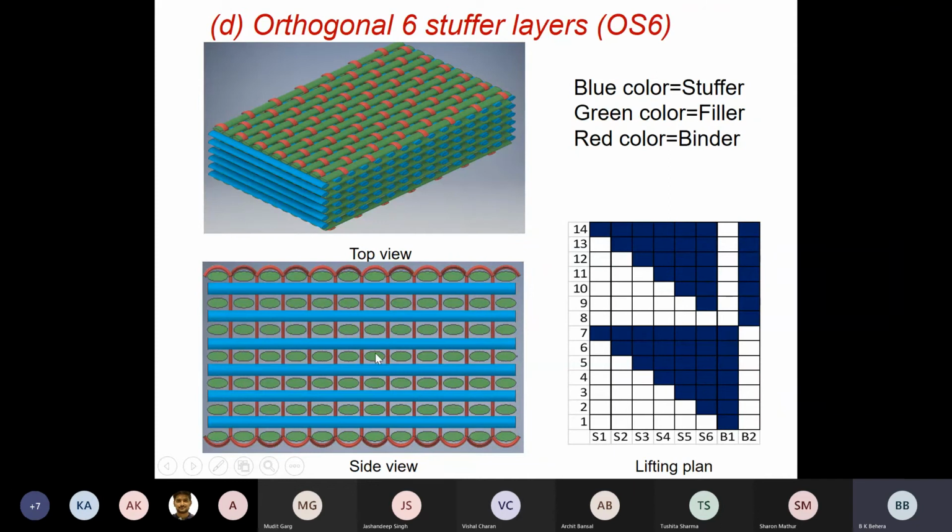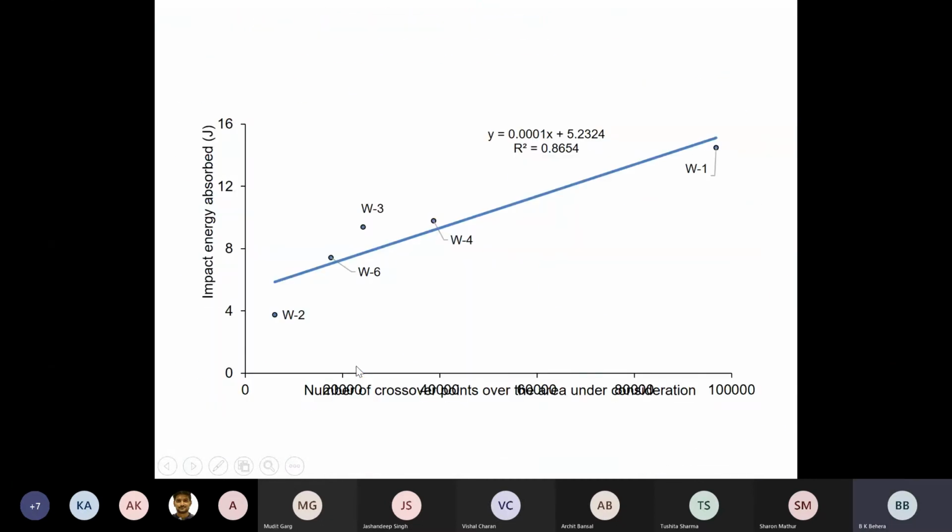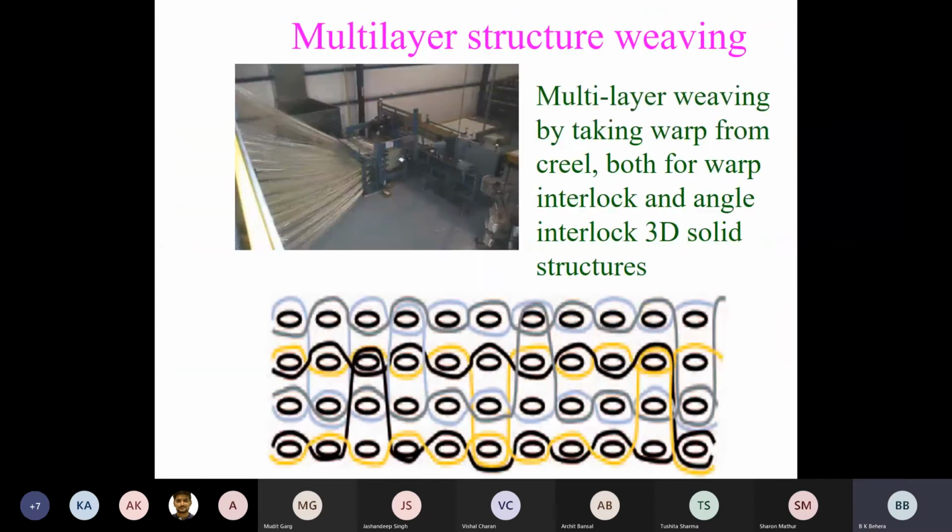In all these structures, the consumption of length of warp yarn of all the warps is the same. For example, to produce, let's say, 100-meter fabric, all the warps' consumption would be 110 or 115, whatever. But in order to produce this fabric, all the warp yarn consumed here are of different length. It depends which warp yarn is passing in what path.